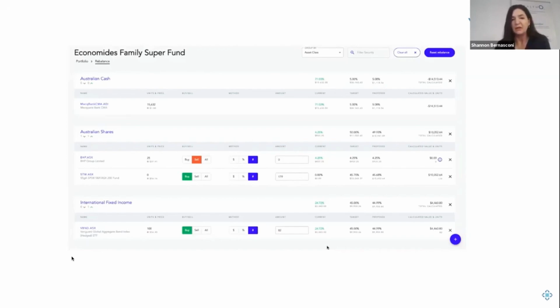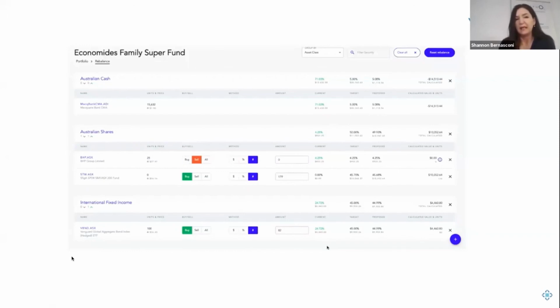And what we're seeing is some of the higher net worth advisor groups are using this to be able to produce a document for a one-on-one service review with their clients, and then being able to reload the trades that they've previously exported and directly execute those into market after their review meetings with those high net worth clients. So it's a very powerful tool for those that are looking for that next level of tailoring